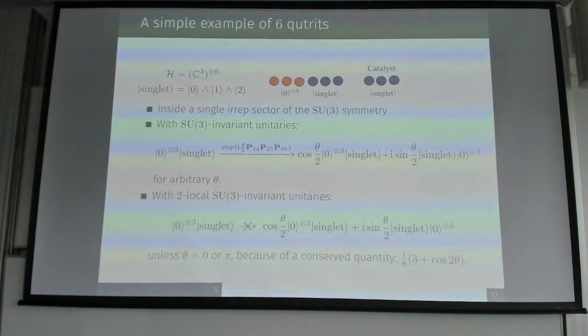And then we consider 6 qutrits. The first 3 are in a tensor product of 0 states, and the second 3 are in the singlet state. We choose this state because it is inside a single irrep sector of the SU(3) symmetry, which is a strong requirement,